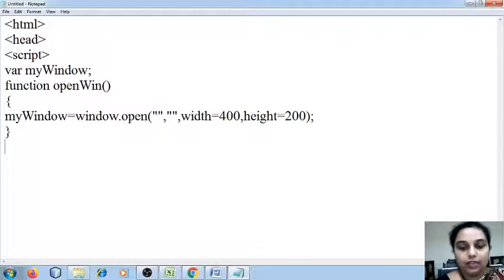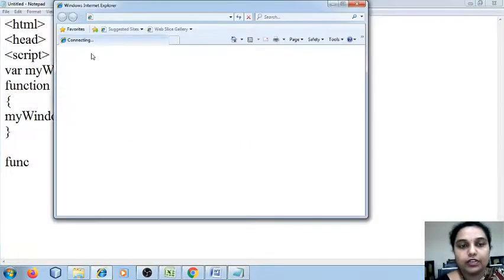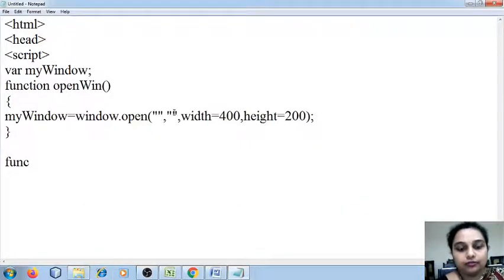I've created one function, open. Now I want to close this particular window, so I'm going to create one more function, closeWindow. But the first thing you have to check is whether the window is open or not. Only when the window is open can you close it.